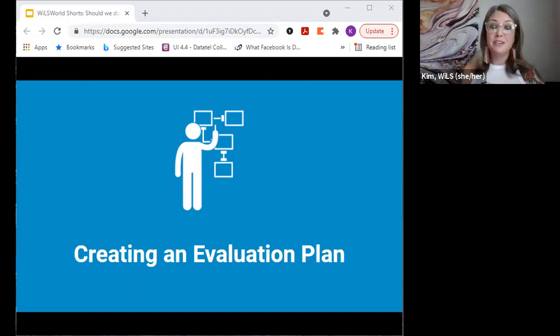However, you can see if you didn't plan for this on the front end and you decided, oh, we do want to know this information maybe a year into a project or even a few months into it, the ability to get that data in real time doesn't exist anymore. And the substitutes that you might be able to do instead are just going to be a little less reliable. If you're asking staff to recall how many incidents they think happened, that's way more subjective than having people collect information in real time, which does involve some level of perception, but doesn't require people remembering things that may have happened and not knowing what date it was and all of that kind of stuff.